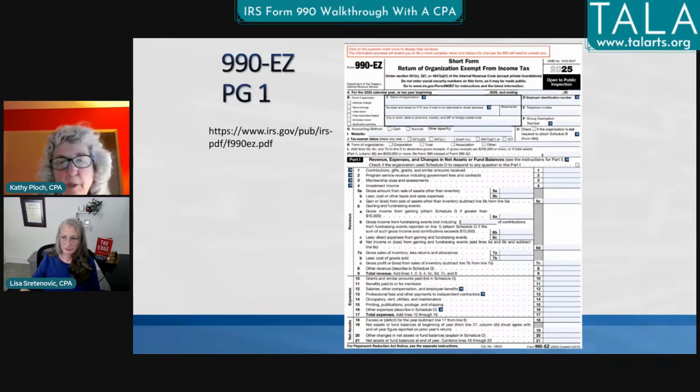But line 1 is pretty simple: contributions, gifts, grants, and similar receipts. So whether you get government grants, foundation grants, individual contributions, or corporate contributions, if you get any from corporations or whatever, it's all going to be on line 1. Line 2 is your program service revenue.